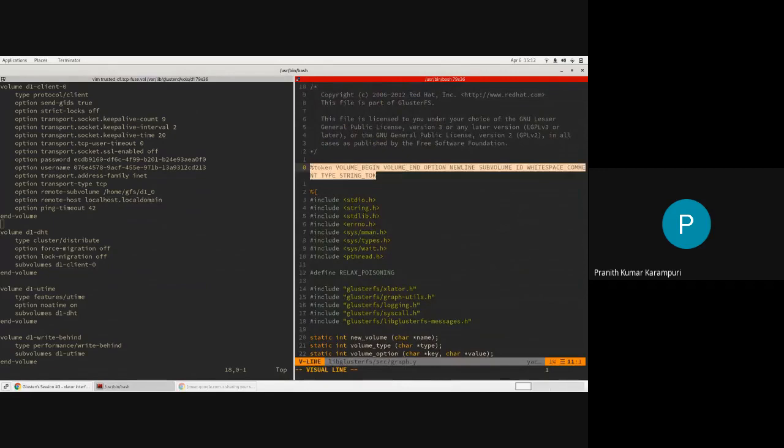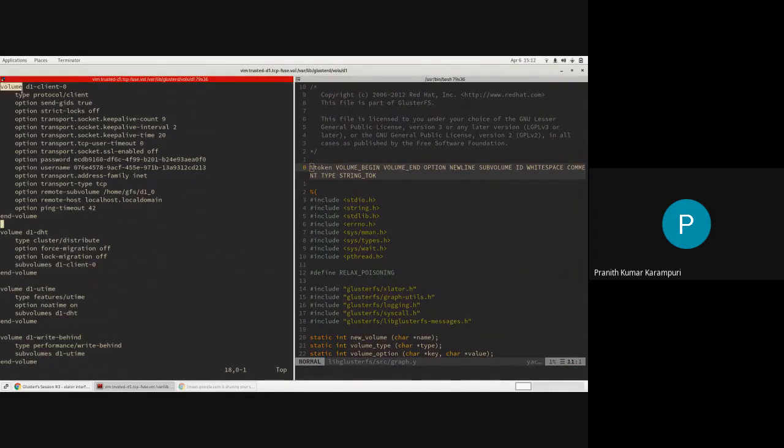Like you specify what the tokens are. So this volume is one token, type is one token, option is another token. Then the sub volumes is one token, and end volume is another token.